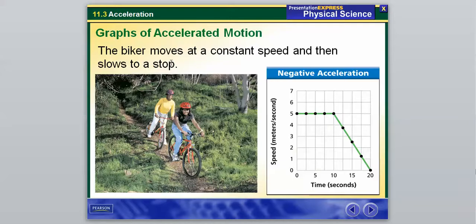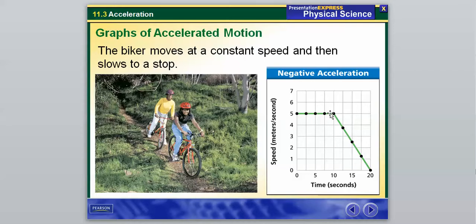So here's our example. This first straight line portion of our graph is while the bike is moving down the hill. So right here, the bikers are moving down the hill. They're moving at a constant speed of 5 meters per second. And then once they hit level ground, again, they don't hit their brakes or anything, so